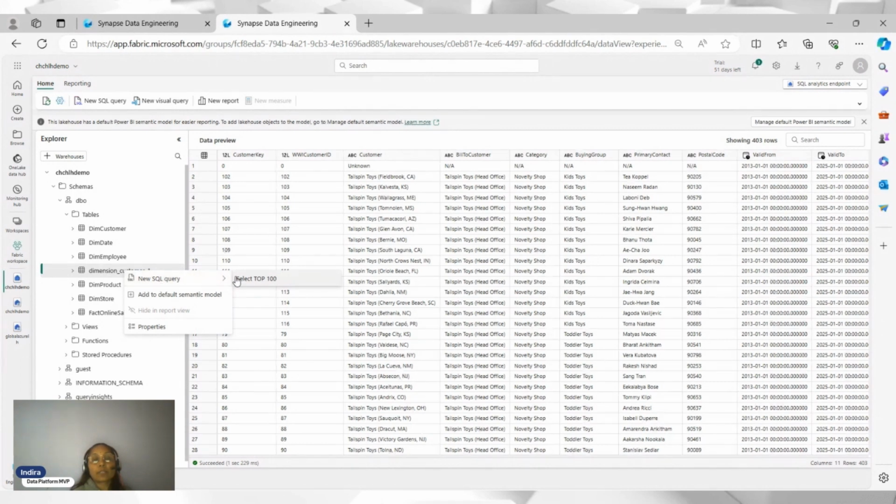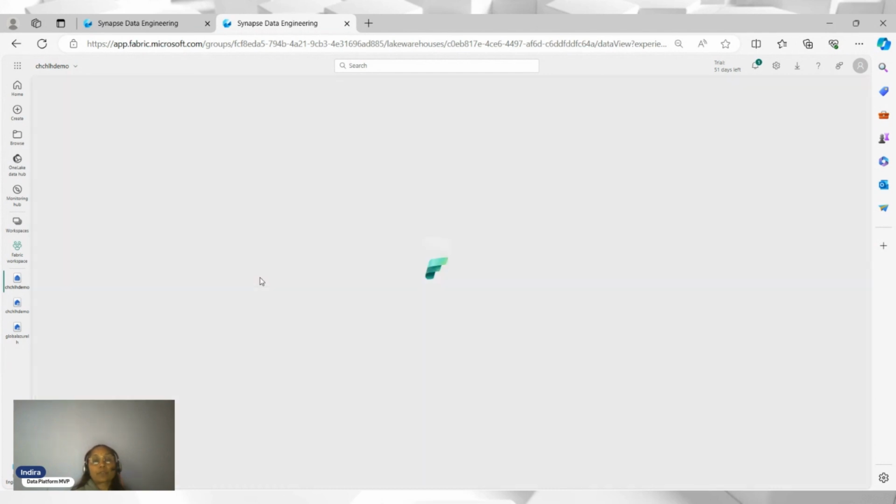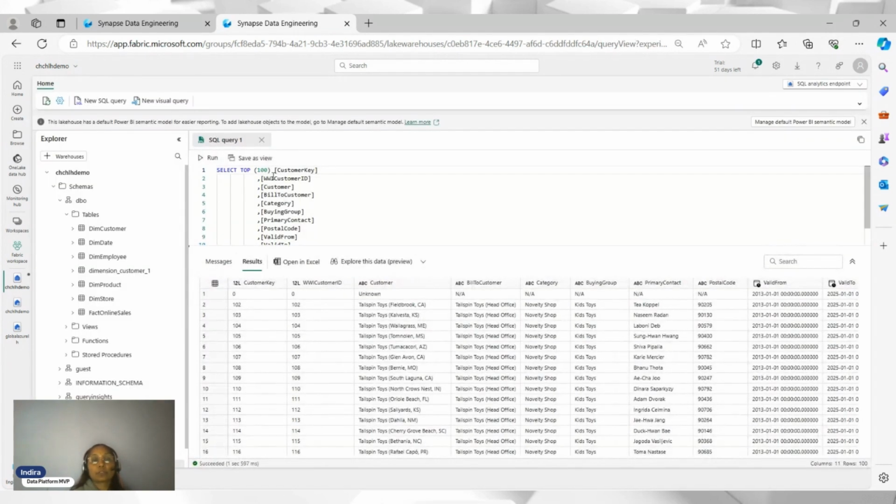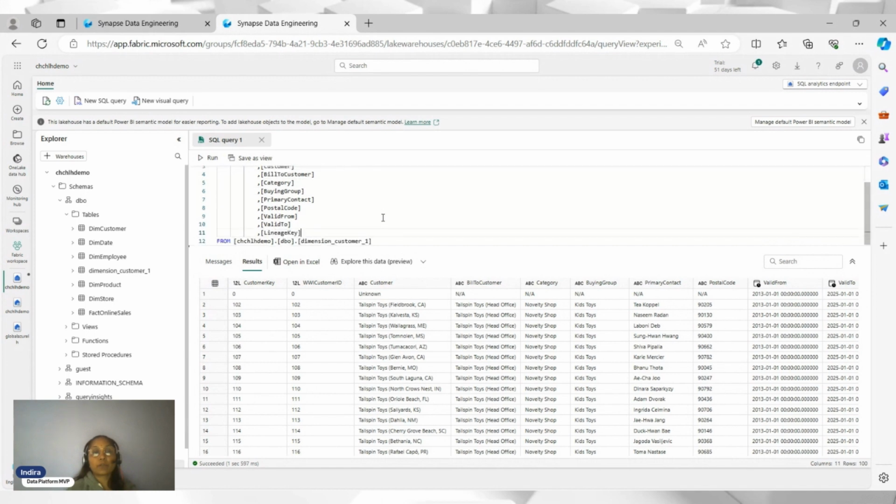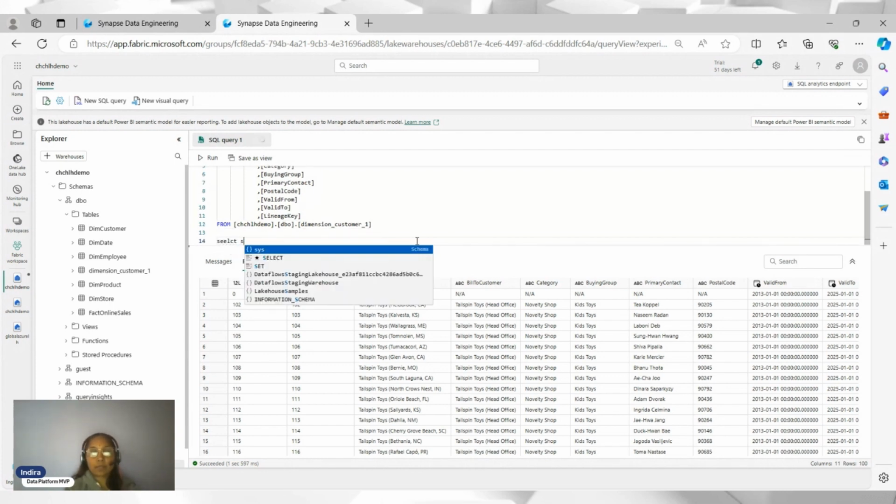You can do it like this, or you can create a query called new SQL query, and then you can view the records. At the moment I'm viewing the top 100 records of the dimension. You can also write a SQL query with select sum of